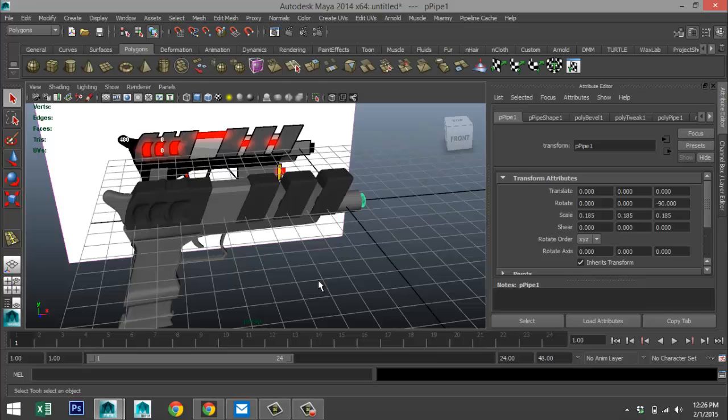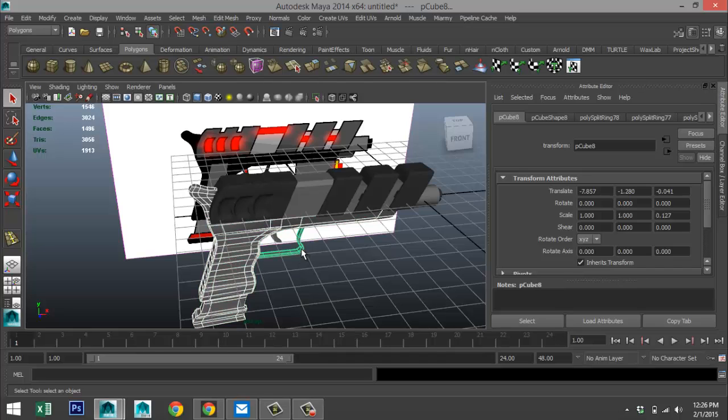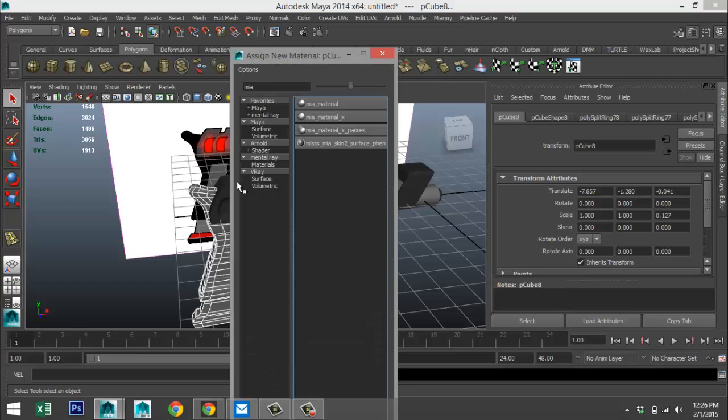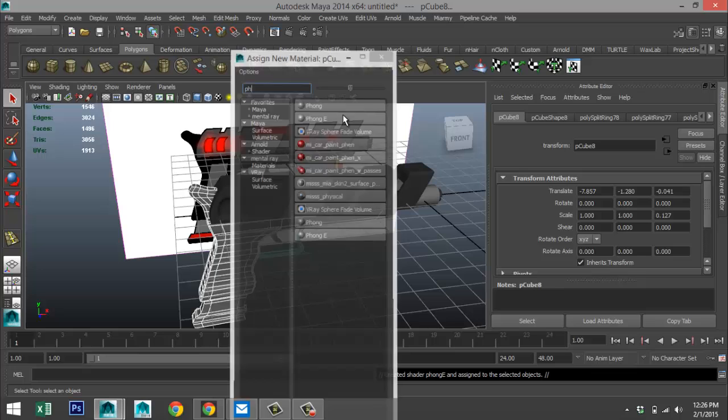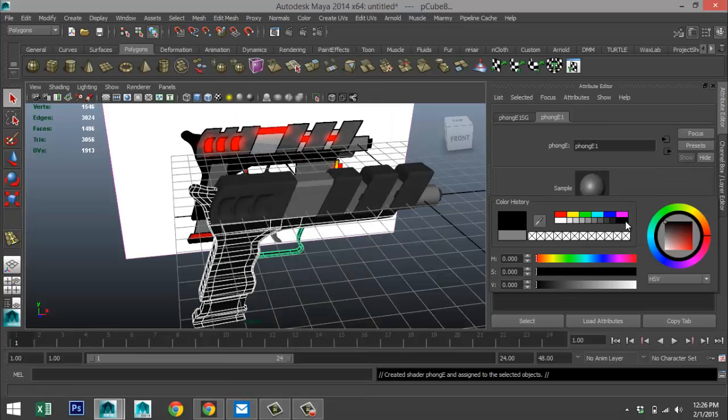Okay. Then we'll take this right here and that whole section and that section. Right click, assign new material, Phong E, and we'll change that to black. Okay.